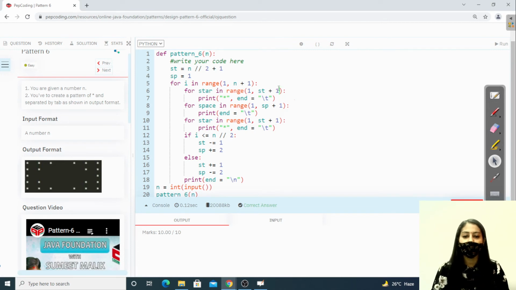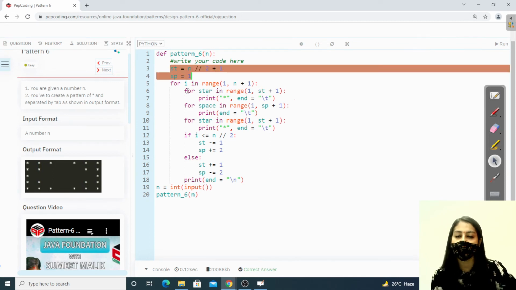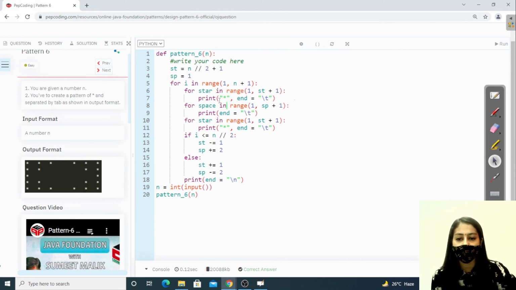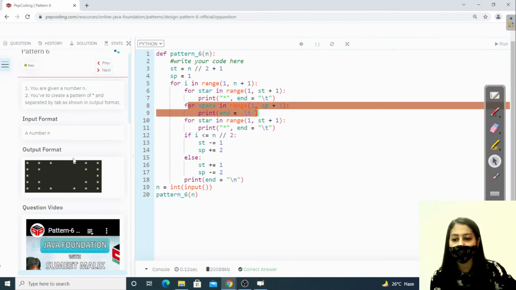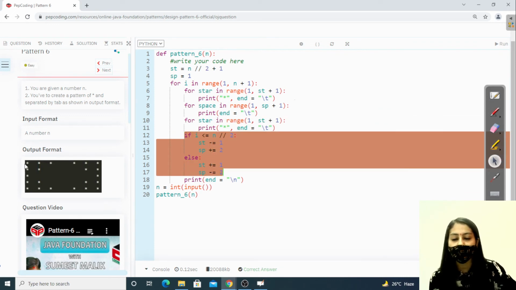So again, similarly, as the last patterns, we are only controlling these two variables. These variables are telling us the number of stars and the number of spaces required in each row, right? And we are traversing in each row. When we are in the first row, we are printing the number of spaces, the stars we want, then the number of spaces we want. After space, again the number of stars we want. After that, we are updating the value of stars and space variables. Why? Because the stars are decreasing, the spaces are increasing, right?